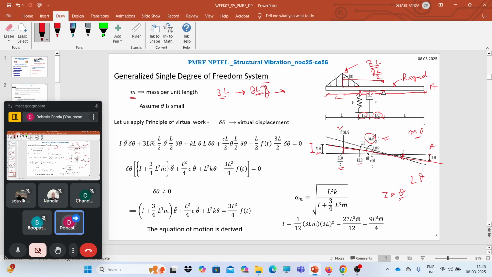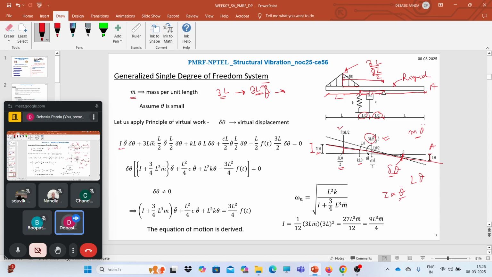So what will we do? Generally we will provide a virtual displacement, the little displacement, the dotted line. After giving this del theta over here, we need to write the forces multiplied with that del theta equals 0. That is nothing but the principle of virtual work. So starting from that,